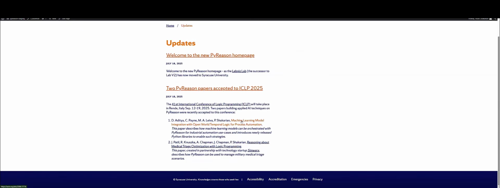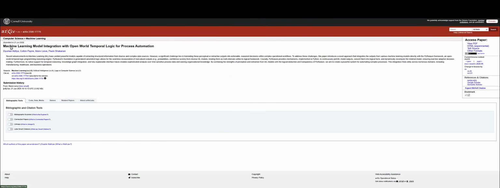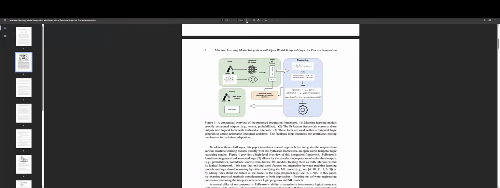Let's start with machine learning integration with temporal logic for process automation. The preprint is available on arXiv, so I'll click view PDF. All right, let's zoom in here a bit. So the main idea is